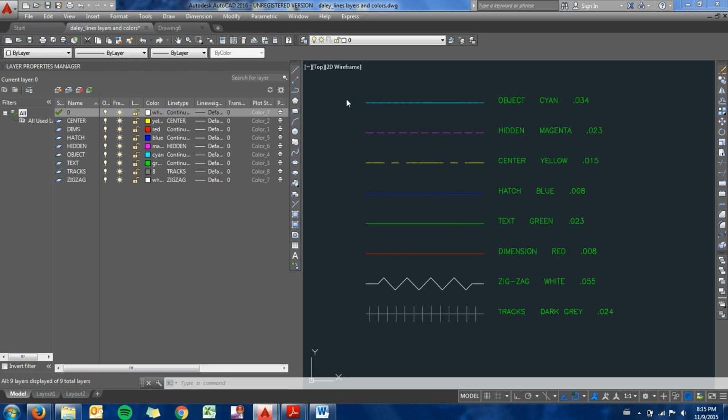Okay, here's my completed list of line types that we're going to be using for our template. So I've got all my different layers, different line types, line thicknesses, what the line is for, and the color. What we're going to be doing in this video is setting up a plot style table, which will tell the